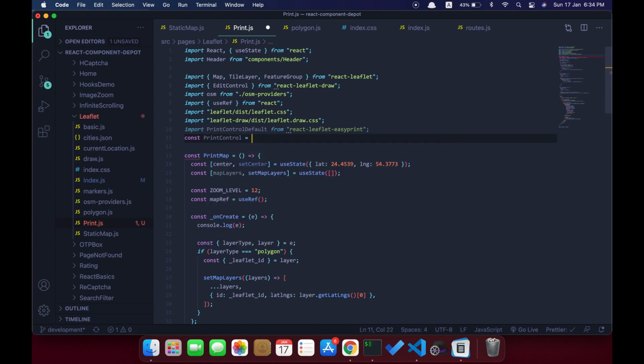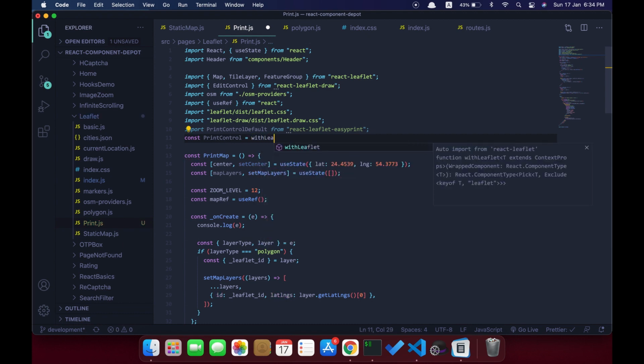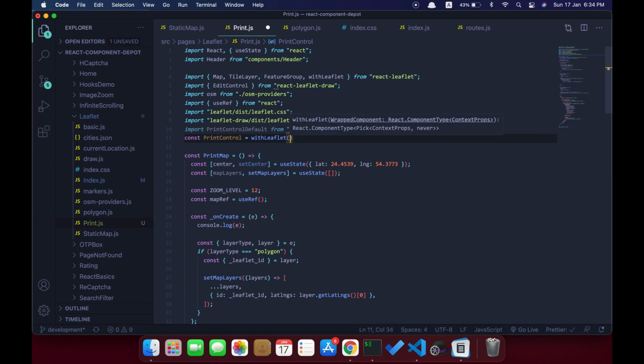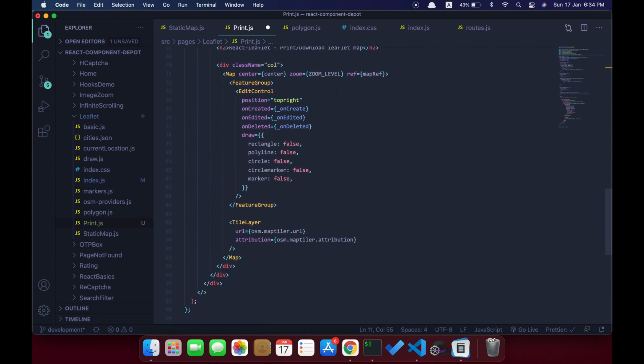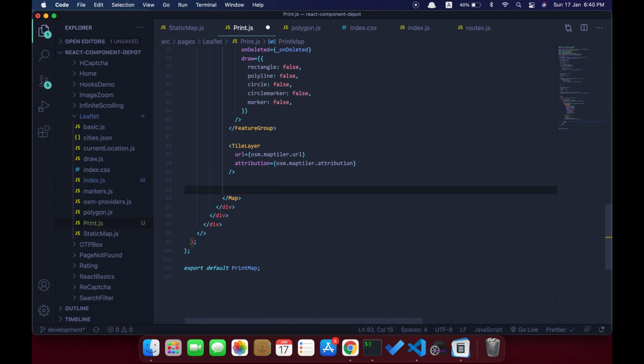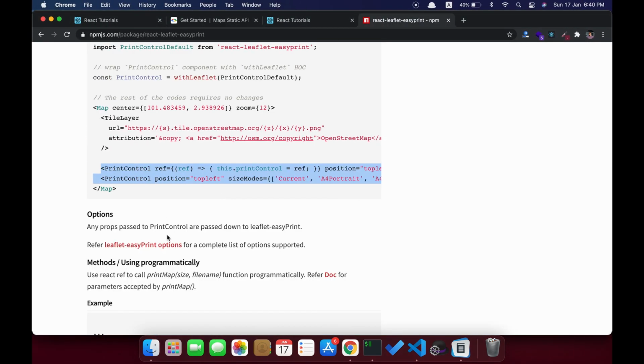So we need to wrap it with the leaflet context, which is imported from the React Leaflet package. So we are going to use this print control inside the map container, so it will appear within the map container.